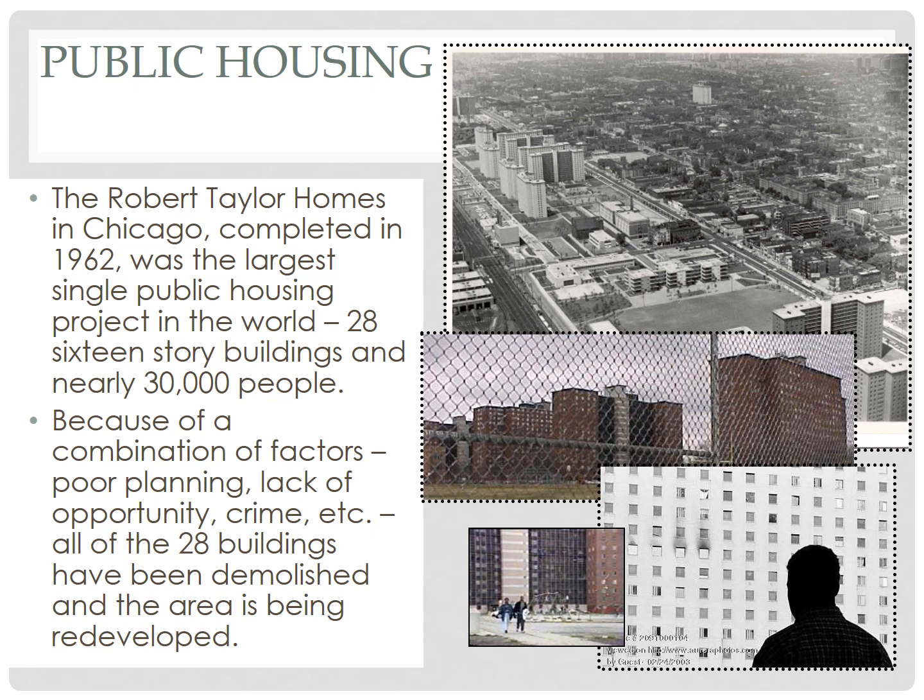Now, for a variety of factors, as you can see, they're listed: poor planning, lack of opportunity, crime. But let's give some more specifics. Let's give some details. In the area immediately surrounding the Robert Taylor homes, there was very much a lack of services. We could actually say that this area was labeled as a food desert. I mean, there was a lack of available fresh food, grocery stores, things like that.